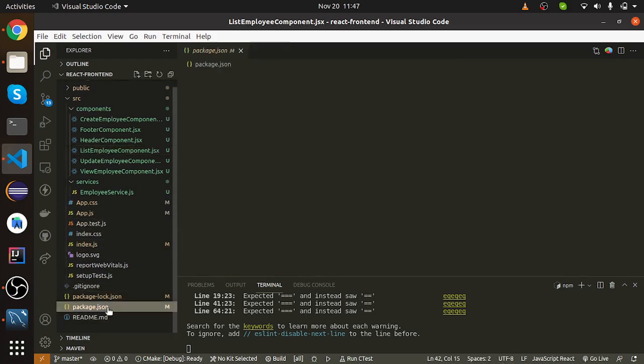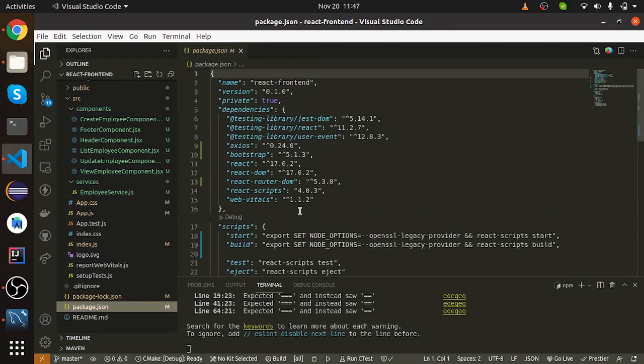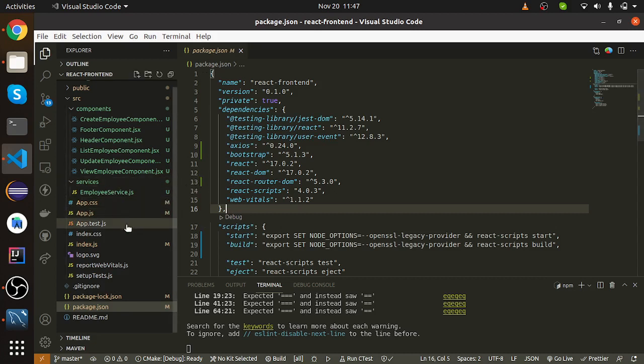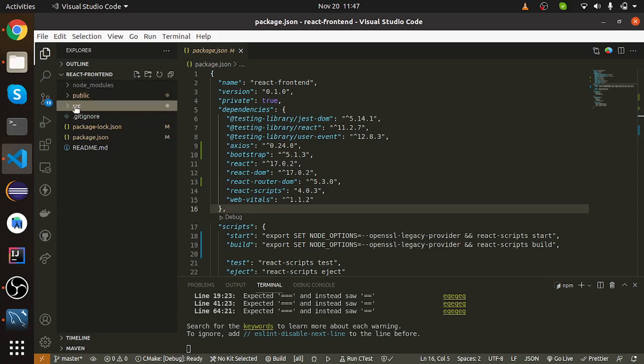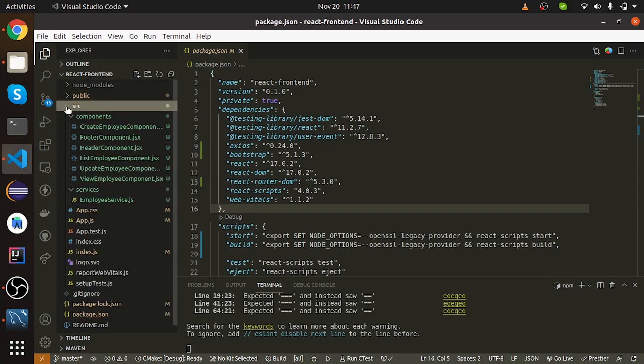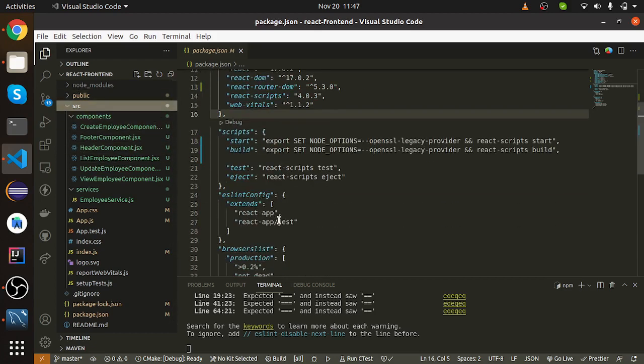We can check that Bootstrap is already installed in our package.json. We have Bootstrap, we have Axios, and we have React Router DOM. If you want to use Bootstrap in your application, you can install it, and the official Bootstrap website documents how to use it in your application, so you can check it out.